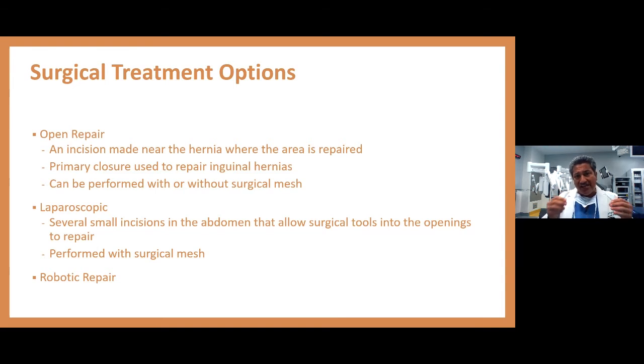Unfortunately, there's not a magic pill that a patient can take that will close the hole. There's nothing like that. The only way to fix hernias is through surgery. Now, there are different techniques or approaches to fix hernias, and we're going to go from the more aggressive one,